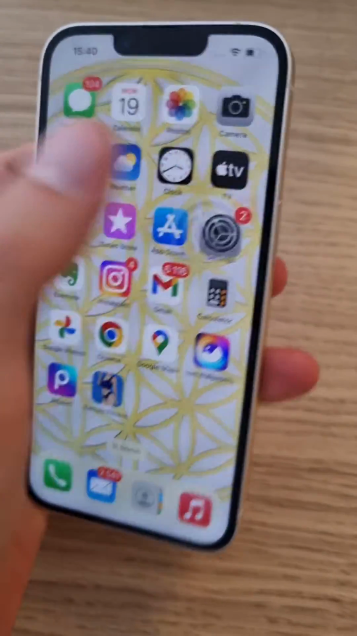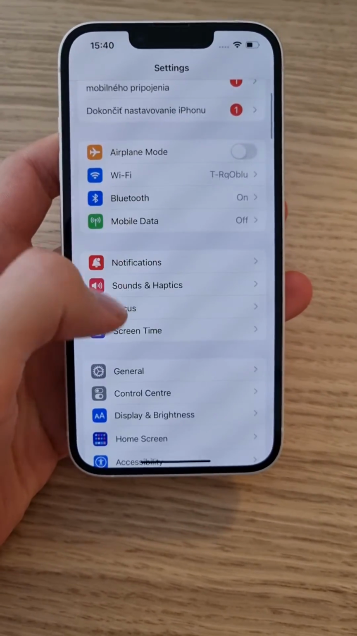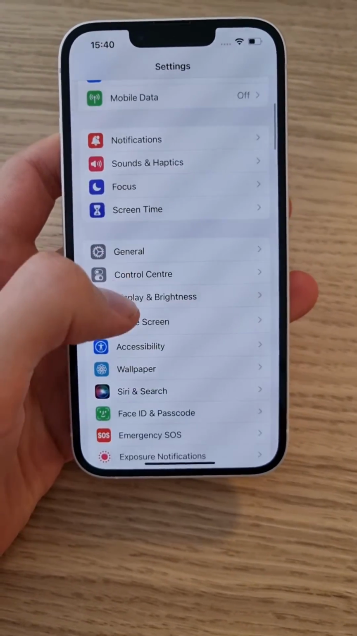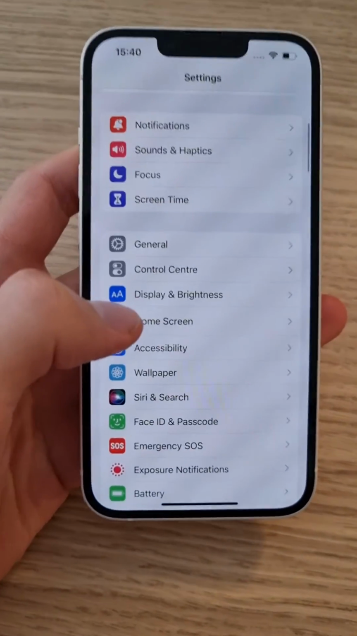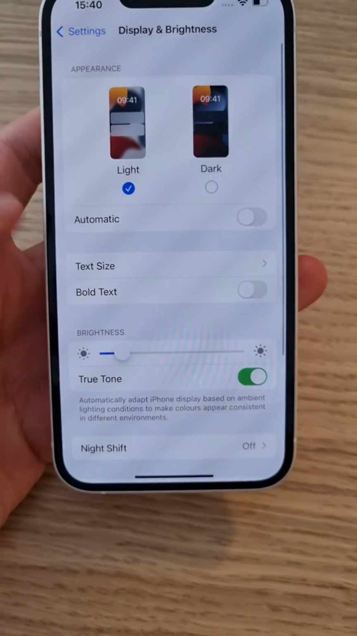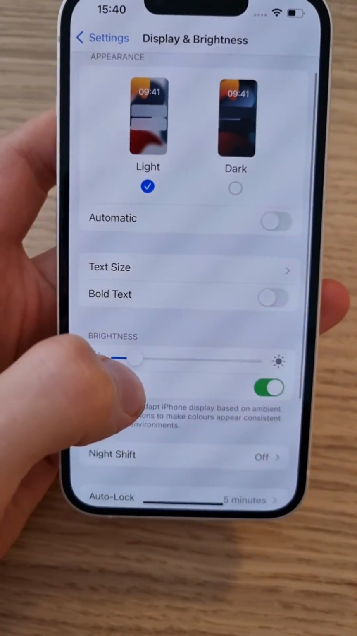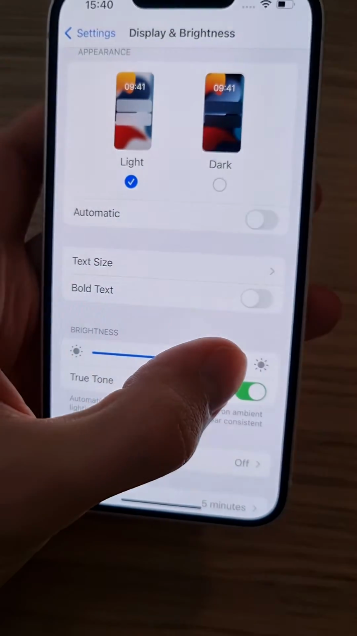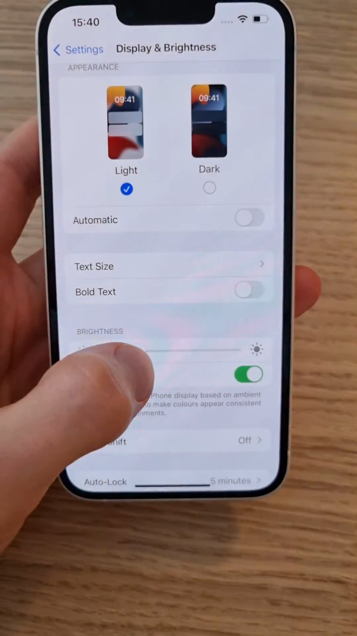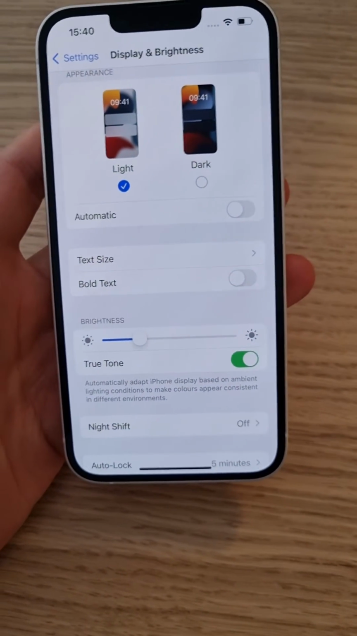Or you can simply go to settings and let's find it together. We can go here, and under control center, you're going to find display and brightness. Click on it, and then you're going to have a brightness slider here. See? And you can easily change it right here. And this is pretty much it, how you can easily change